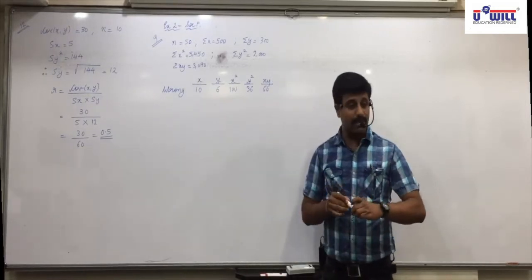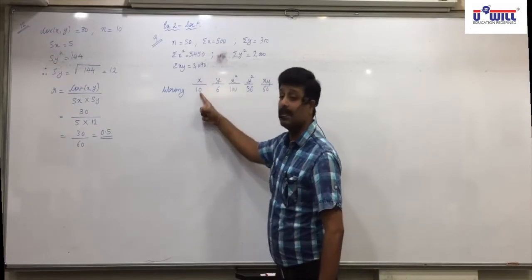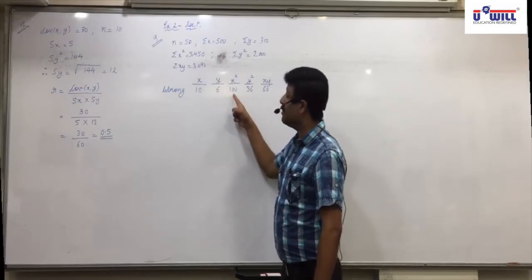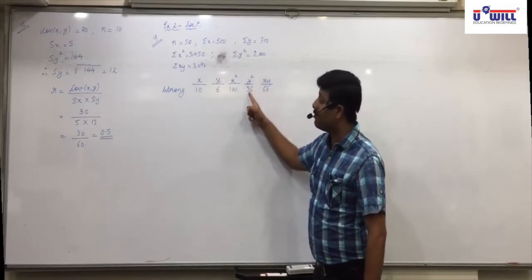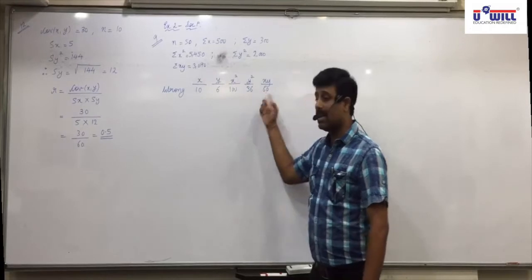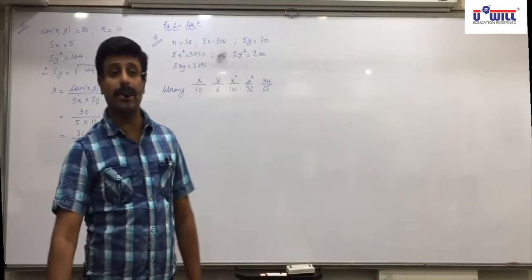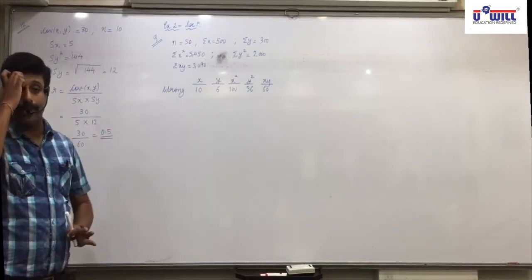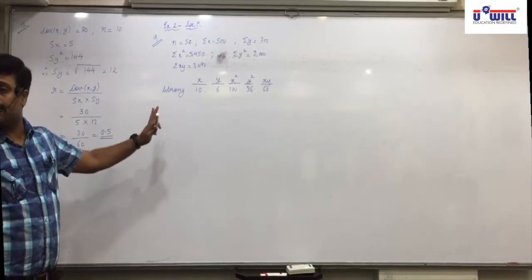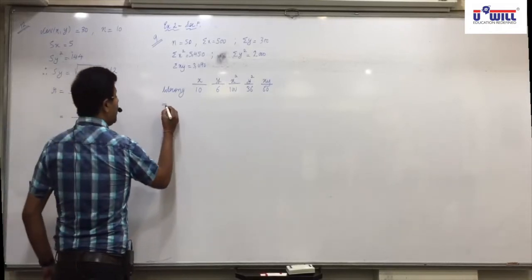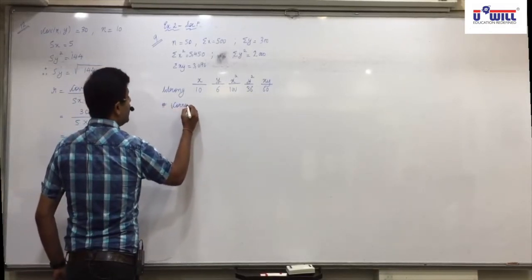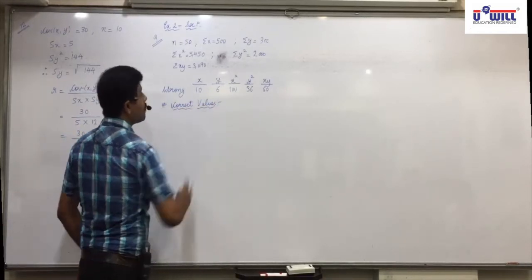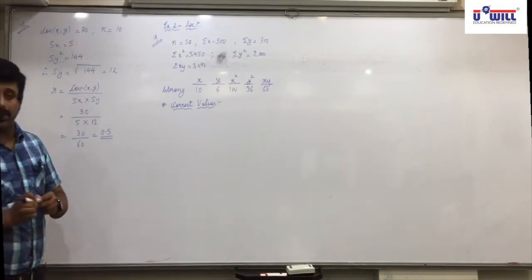So now it will become very simple for you. From sigma x you will minus 10. From sigma y you will minus 6. From sigma x square you will minus 100. From sigma y square you will minus 36. And from sigma xy you will minus 60. Did everyone understand this? So the same workings what we had done throughout the chapter, same way write this down. Okay? Anyone having any confusion in this? No. Now what we do is first we find correct values. Okay, first we find all the correct values.